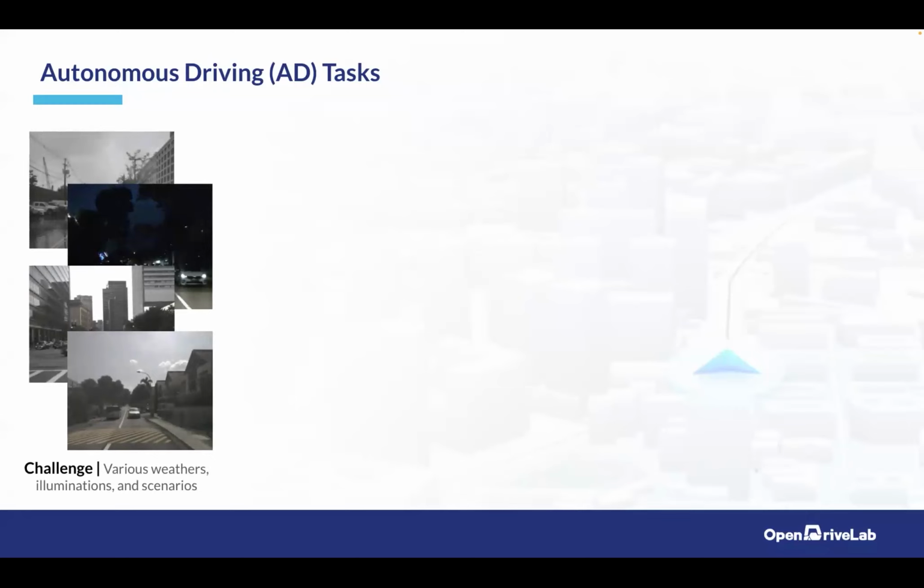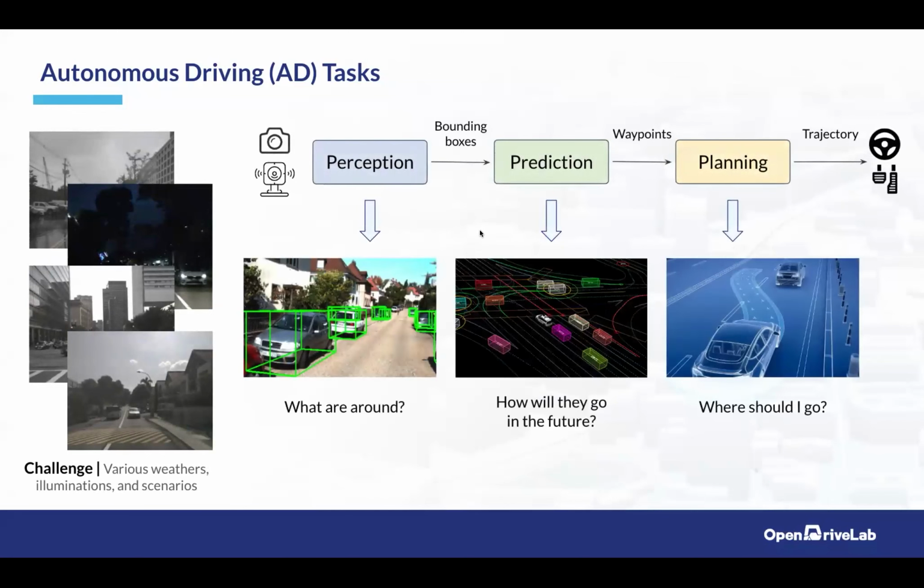And this is very hard to tackle with a module-based design, since you will always face so-called corner cases, or say long-tail problems. Usually, the driving system involves three parts. The perception part allows you to see what is around in the scenario, basically detection in the 3D world. Then you need a prediction module, which tells the ego vehicle what the other vehicles will do in the future. And the planning module tells what the ego vehicle should do in the future.